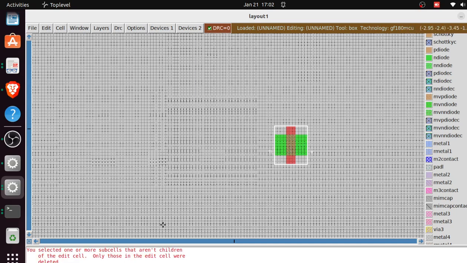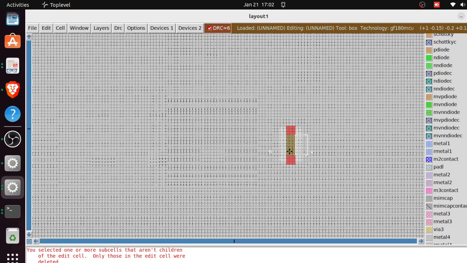for delete. It's saying you selected one cell. Let me do it again, and this seems to not be working. Let me use S to select one of the materials, and use D. So S is selection of layers, and I is selection of cell. Since I wasn't working for this, I'm using S to select,